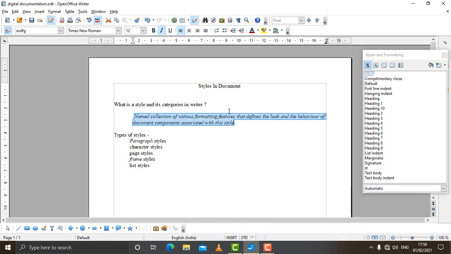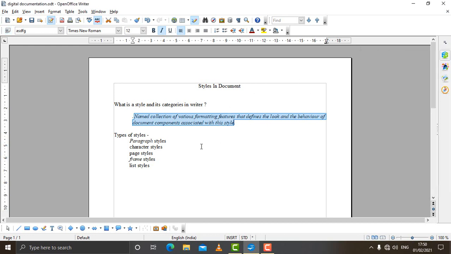Okay, so the next thing which we can do in OpenOffice Writer is we can insert pictures, we can insert images in the document, and we say it as graphics. Basically in OpenOffice Writer we have two different types of graphics, and those are drawing objects and pictures. So we can insert drawing objects also and we can insert pictures also in the document. Say for example there is a current document and in this document you want to insert drawing objects.